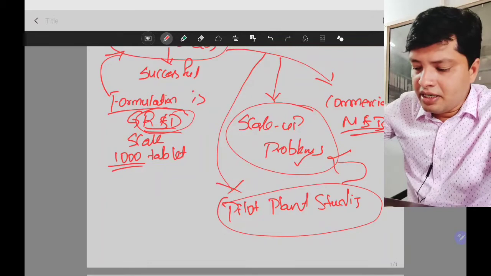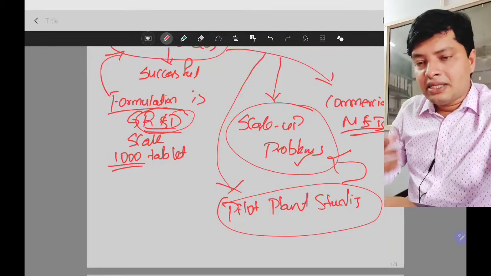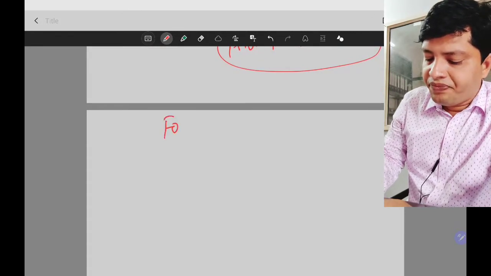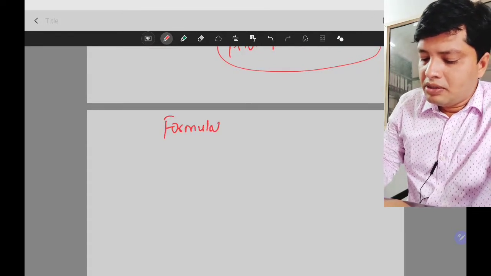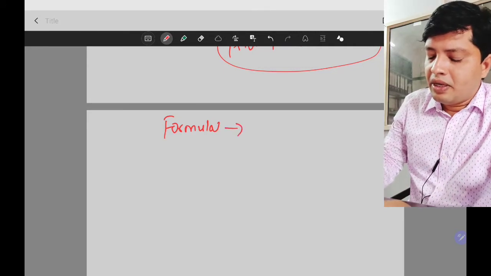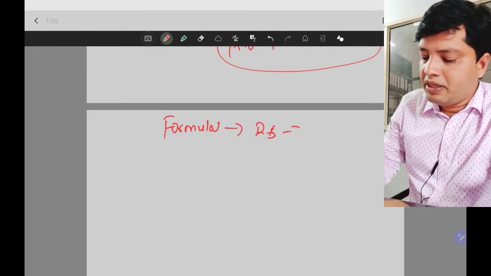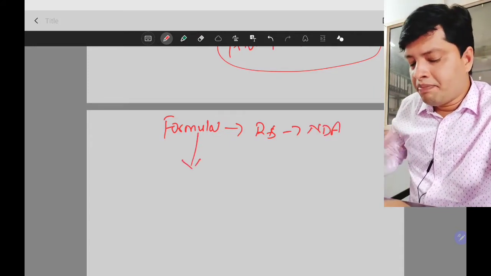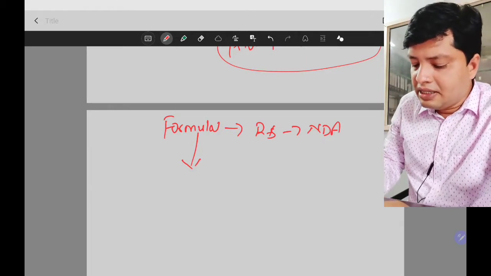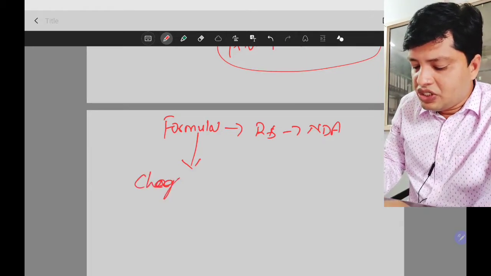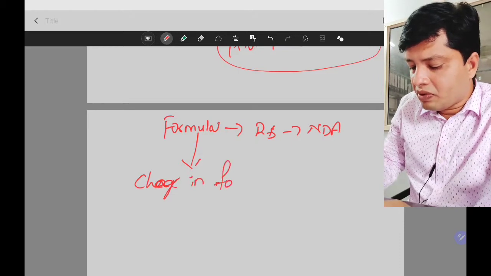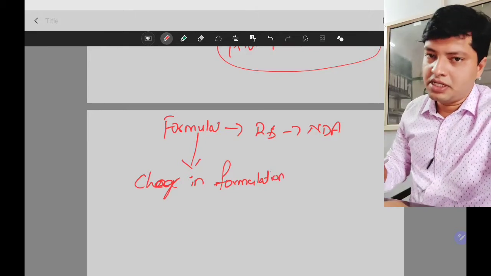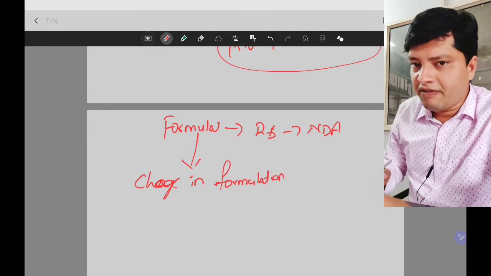So after conducting the pilot plant study, now what happens? You found that in the formula, which is the R&D formula approved in your NDA application, because you are finding scale up problems in the pilot plant study, there should be a change in the formula, because this formulation is not suitable in commercial scale as such, because it is an R&D scale formula.